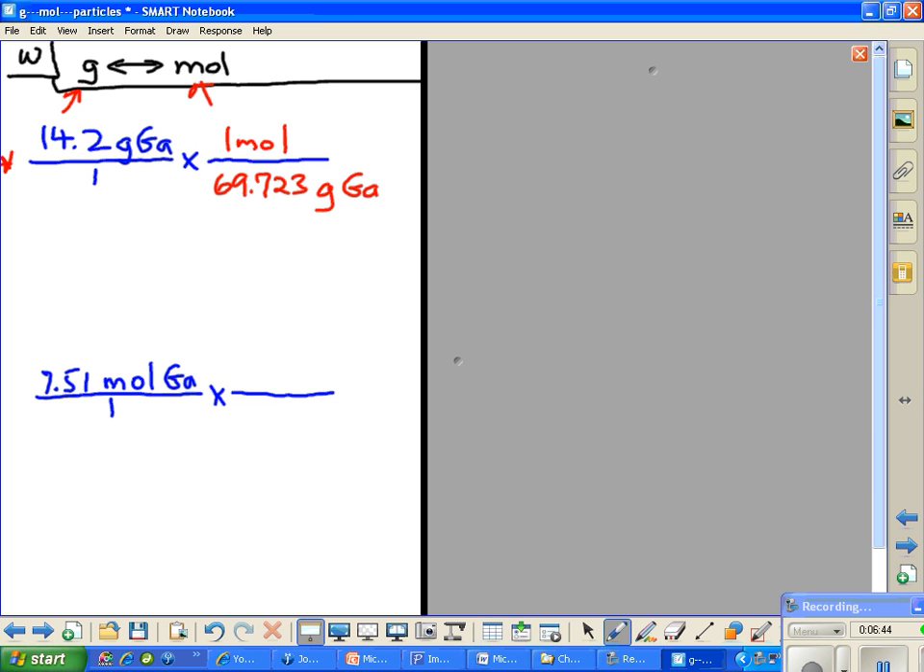And now we have to divide the 14.2 by the 69.723. I got a syntax error because I punched stuff in wrong. 14.2 divided by 69.723. Okay. My number comes out to